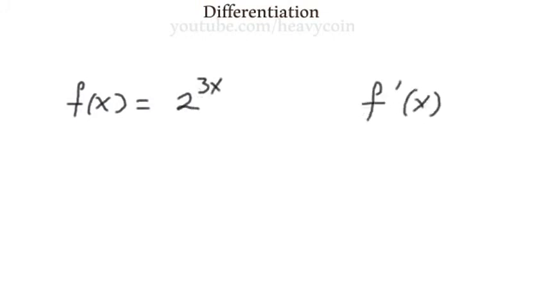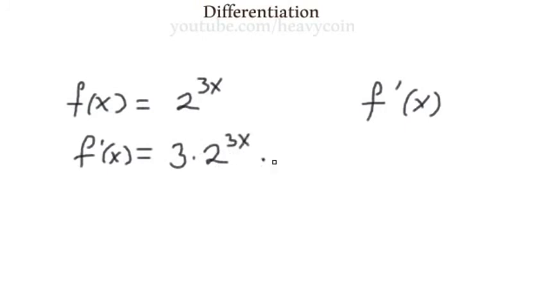let's look at a problem like this. If I have f of x is equal to, let's say, 2 raised to the 3x, and we want to find f prime of x. So we want to find the derivative. Well, we do it just like we did earlier with our base of e, except we just do one more thing. So we take the derivative of the exponent, and the derivative of 3x is 3. We rewrite everything,